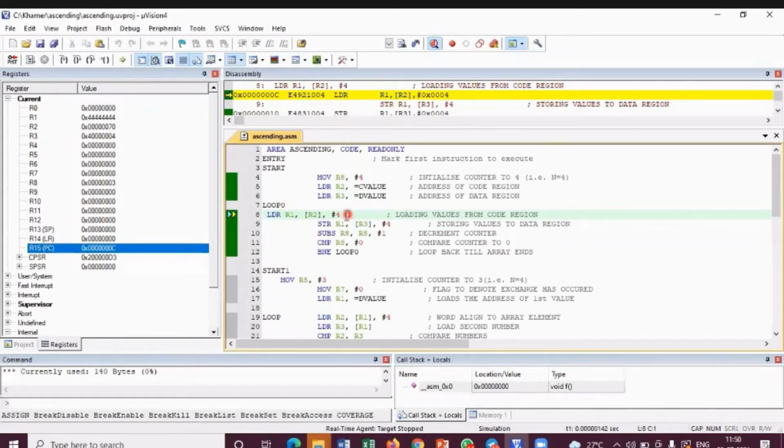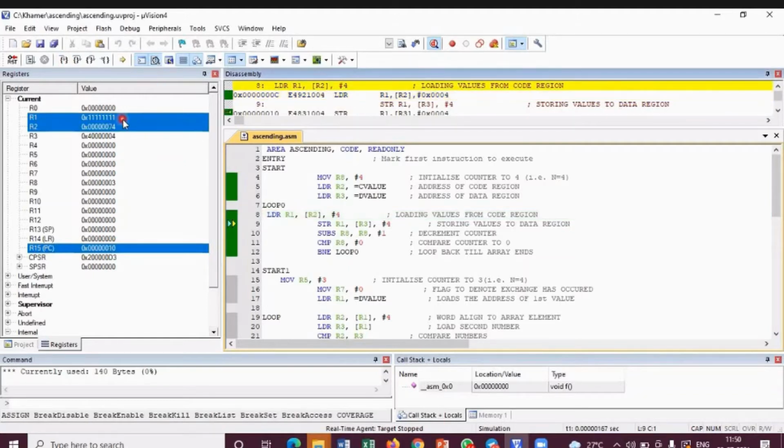Simultaneously increment R2 for the next level. Okay, this is the task. So we will see now. See here. R1 has what data? 1111. R2 is pointing to what? 74 now. Correct? So this one is fine. Next is the store operation. Whatever is there in the R1 data, please copy it to the address where R3 is pointing.